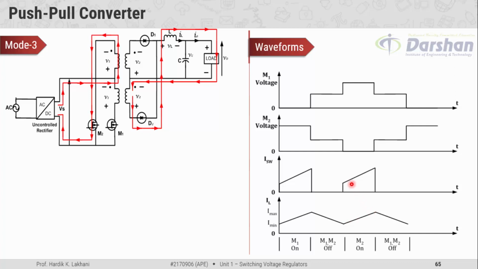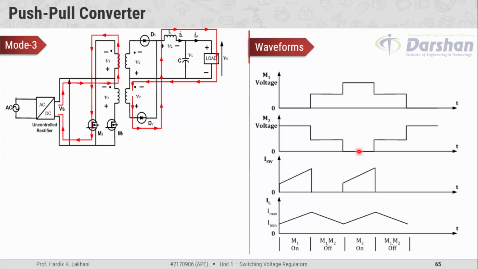And as you can see, MOSFET 2 is in the on state condition, so current through the MOSFET also increases from some minimum value towards the maximum value, because MOSFET 2 is connected in series with the transformer winding. M2 is on, so it can be considered as a short circuit element, so the voltage across M2